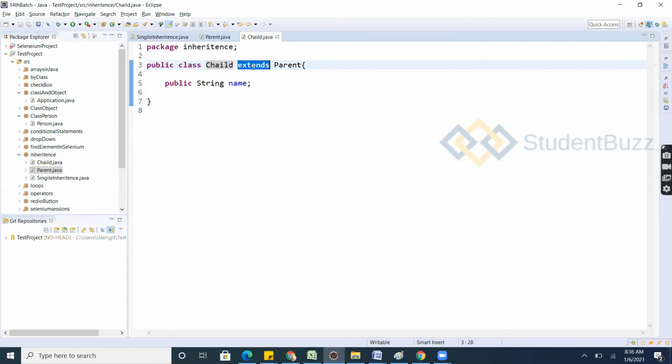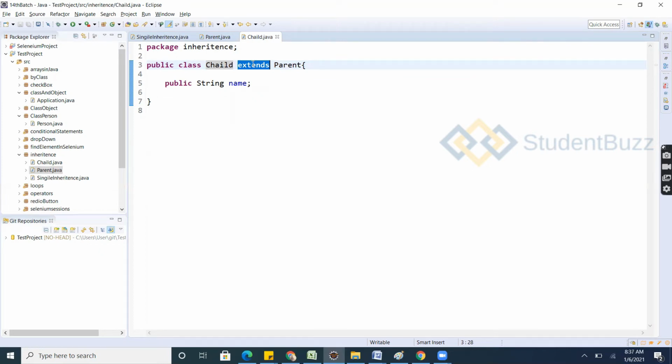You cannot use implements or any other keywords. You have to use only extends between class and class. If you are creating any kind of relationship, that will be extends only. I hope everyone is clear.